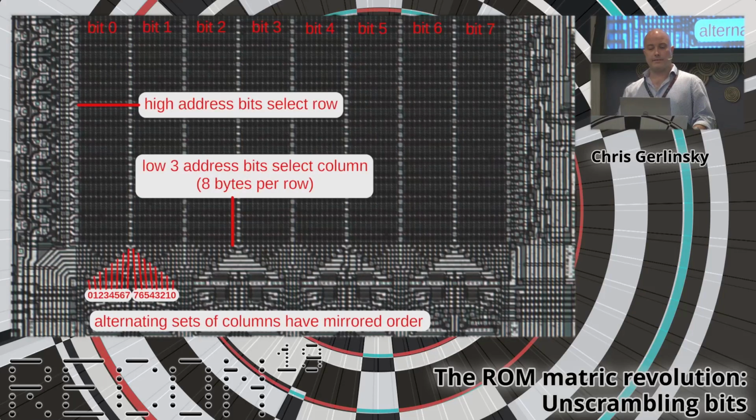We can see there's 8 columns of bits. All of the bit 0 is in the left column. All of the bit 7s are in the right column. Each of these columns, there's 8 bytes within each row. So they're using the low 3 address bits to select which column to read from, and then the other address bits are selecting the row. And we can see at the bottom where the output is for this chip,